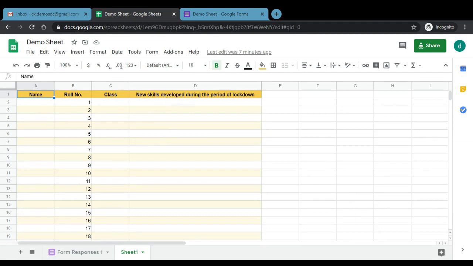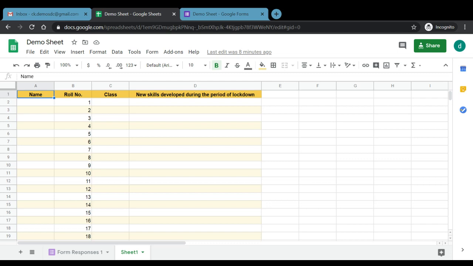We can also use it for entering the roll number, name, and then we can mention the email IDs of students, and we can share the respective Google Sheet with the students, and then we can ask them that in case any student has any correction in the email ID that has been mentioned in the sheet, he or she can edit it. So the faculty member can instantly identify and check whether the student has made any kind of change in the email ID or not, and whether all the students have approved that their email IDs are correct.